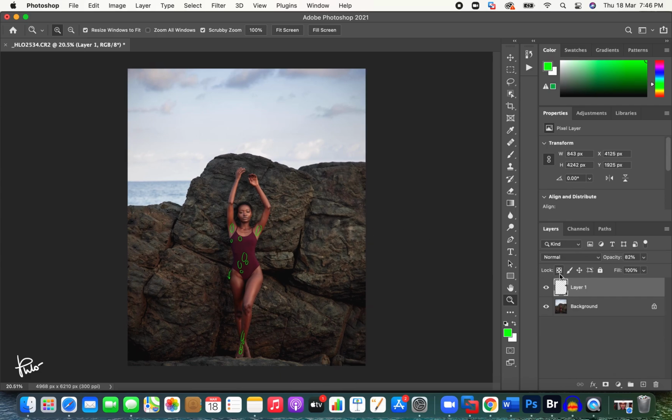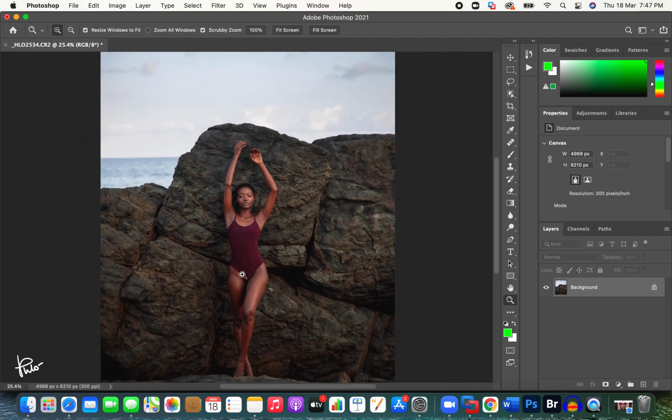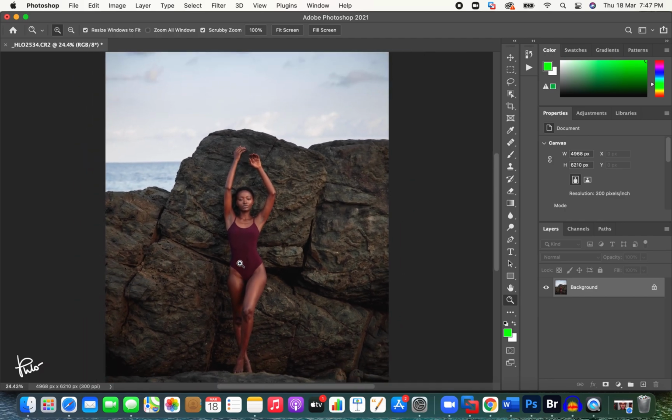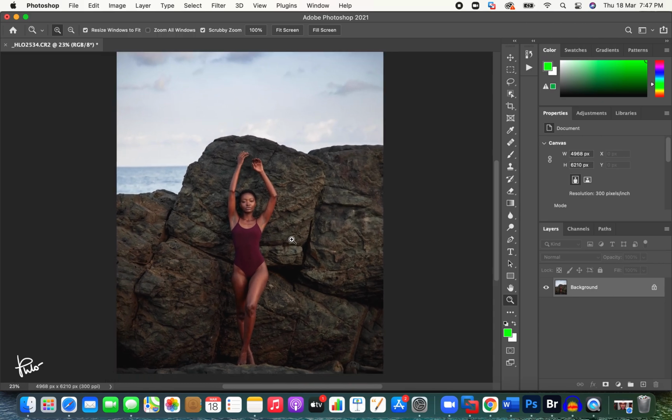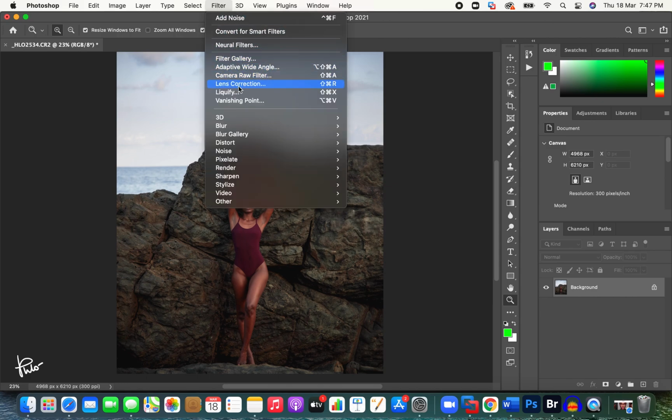All right, so I'm going to delete this guide layer that I created, and now I'm just going to merge this to the layer below. So Command E. Now I've merged it. We have a new canvas to start with. Now the first thing I want to do is, because I know I want to change the shape, normally I save my liquifies for the last stage, but with this I just want to do it now and then get rid of it. So I'm going to go into filter, come down to liquify,